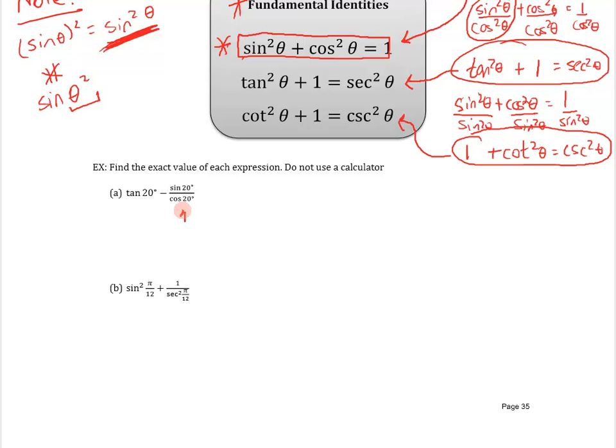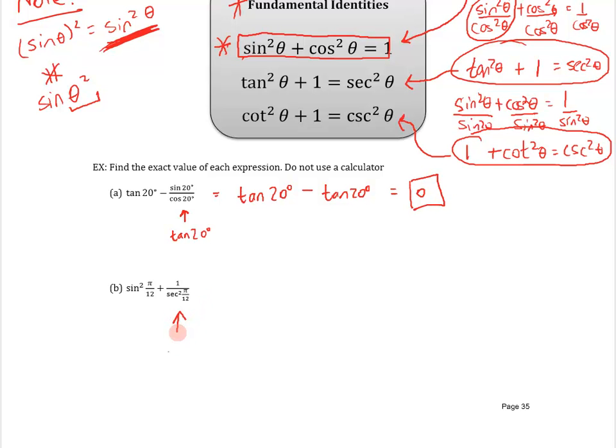But what I can recognize is that this right here is in fact tangent of 20 degrees using the quotient identity. So what I have here is the tangent of 20 degrees minus sine over cosine, which is just tangent of 20 degrees, and if you subtract something from itself, you necessarily get 0. So I know that without even going to a calculator for any of those trig values. On the next one,